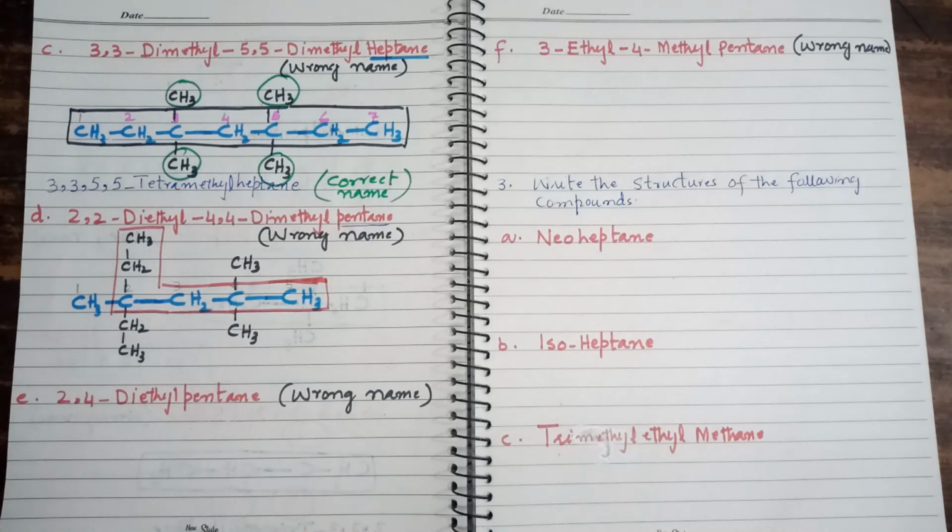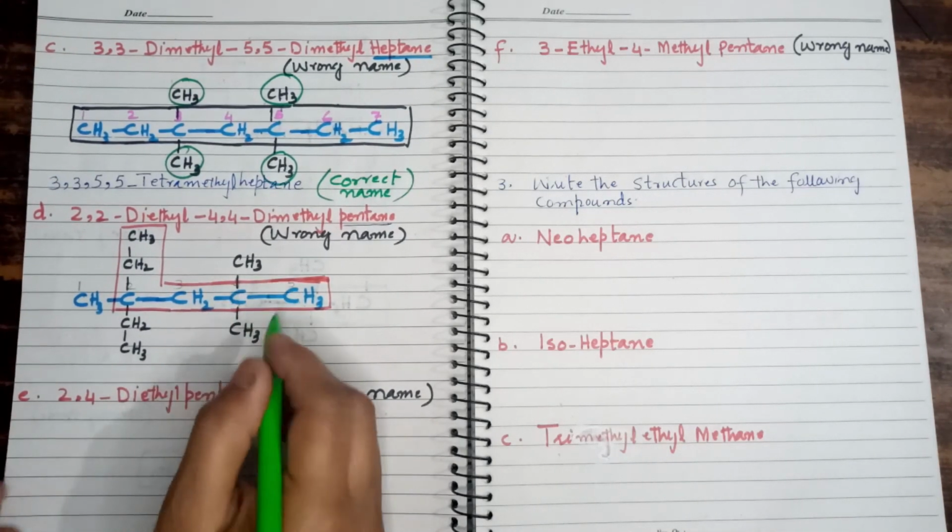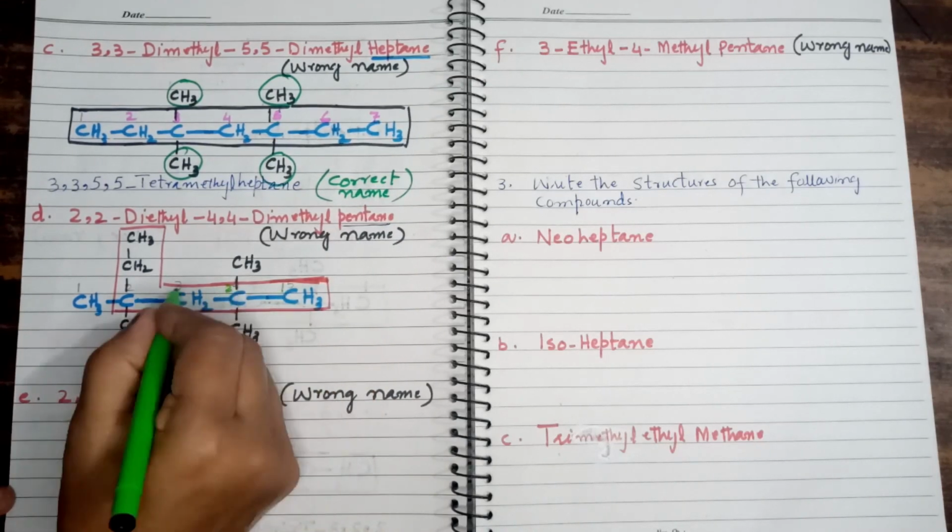Now we will do the numbering of the parent chain. Do the numbering. 1, 2. If we do the numbering from this end, 1, 2, 3,